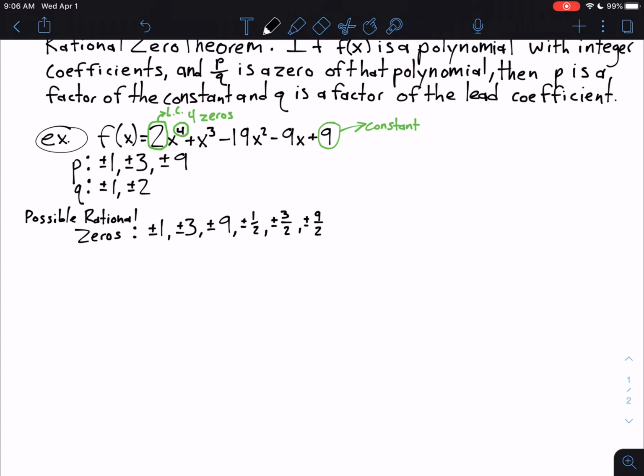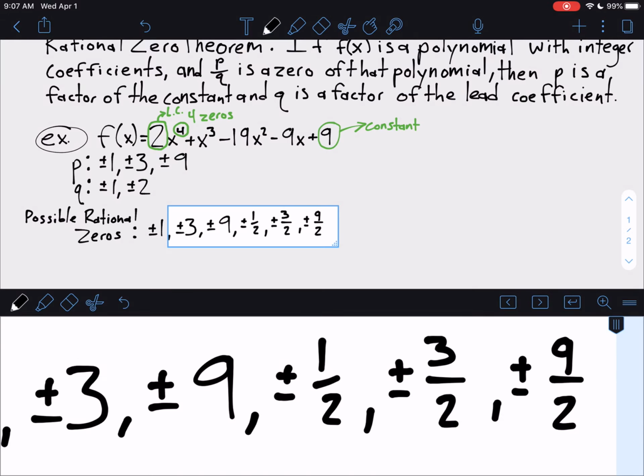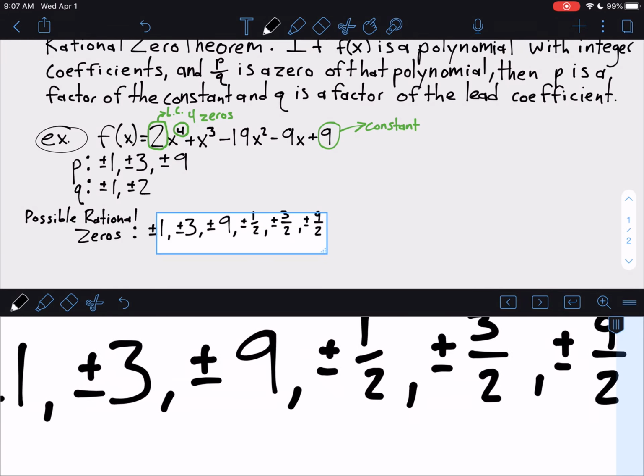So I could have 6 possible rational zeros, or not 6 really, because it's positive or negative for all of them, 12 possible rational zeros that I'm going to need to test to see if they are zeros. This does not mean that all 12 of these numbers are going to be zeros of this polynomial. It means that 4 of these numbers are going to be zeros of the polynomial. And it's 4 because I figured out that there were 4 zeros earlier. So 4 of these 12 are the